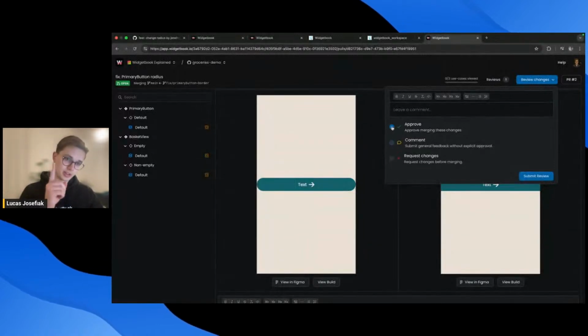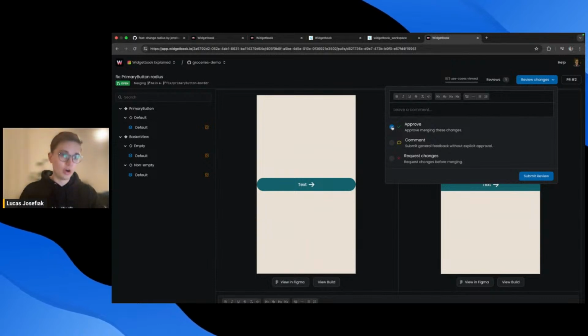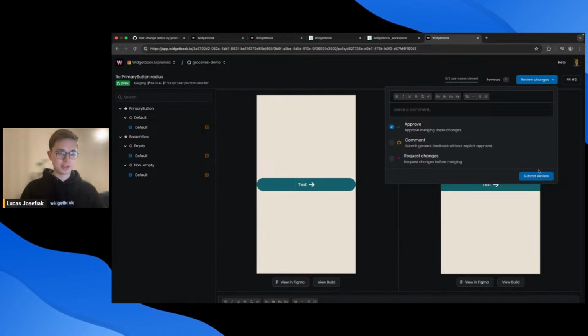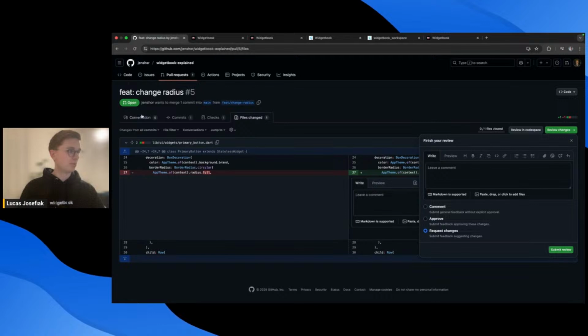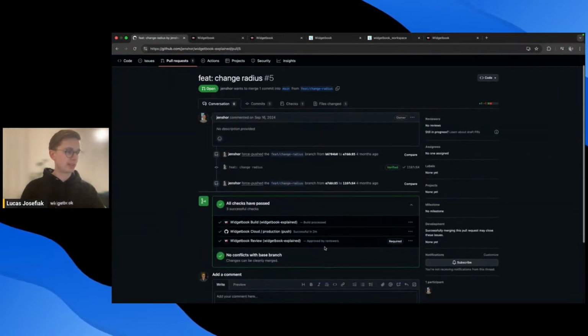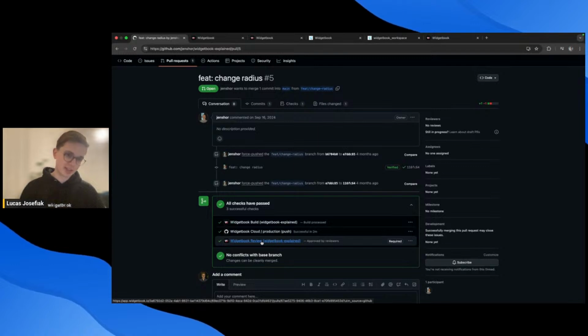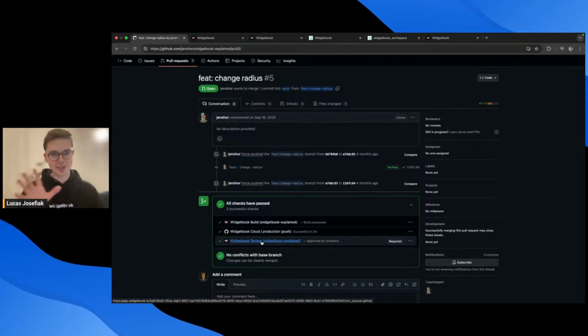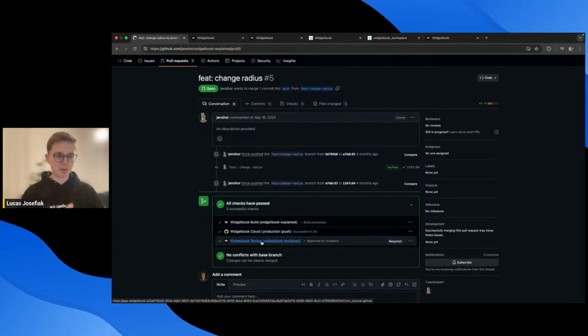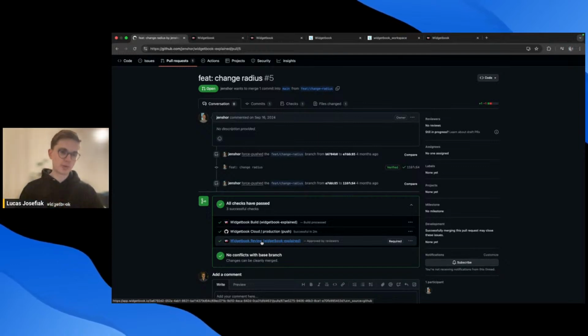And the clue here with Widgetbook is that only after I approve those changes here in Widgetbook Cloud, only then can I merge my pull request. So Widgetbook is a check here, an automated check, and how it should work. I mean, you can in the end set the rules as you like, of course, but what we recommend, and what most of our customers are doing, is they use Widgetbook in a way that they have an automated check running here